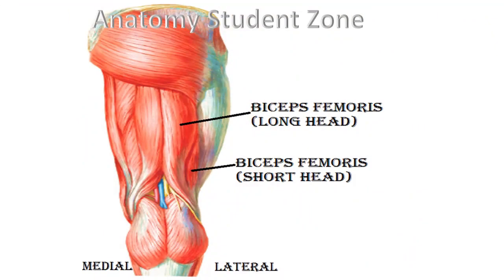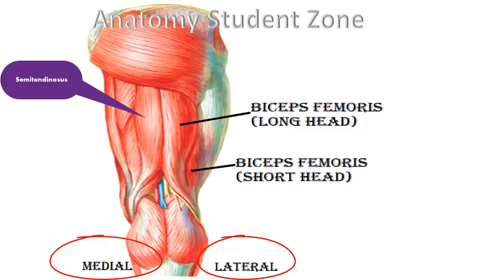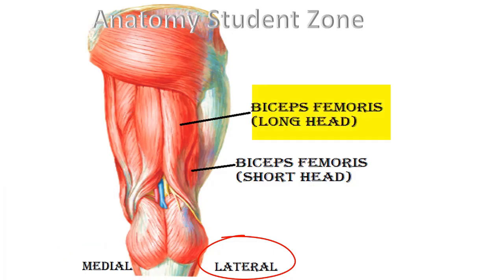Now if I give you a quick tip, I will say two muscles on the medial side and two muscles on the lateral side. It's quite easy for you. The medial side muscles are semitendinosus, and deep to semitendinosus is semimembranosus. Both take origin from the ischial tuberosity, on its medial side. On the lateral side, we have two muscles, the long head of biceps femoris and the short head of biceps femoris. The long head was originating from the ischial tuberosity, and the short head was originating from the linea aspera, again on the posterior aspect of the shaft of the femur.